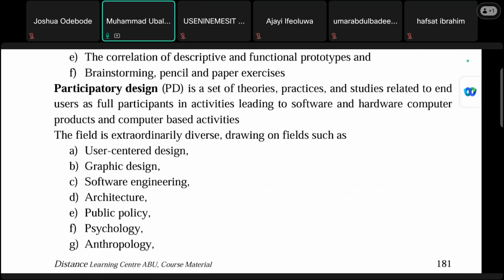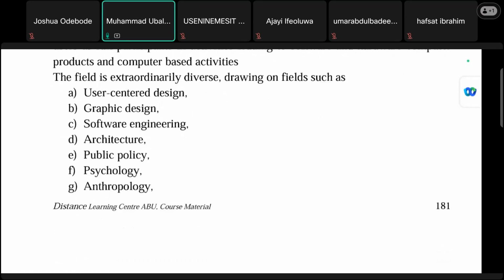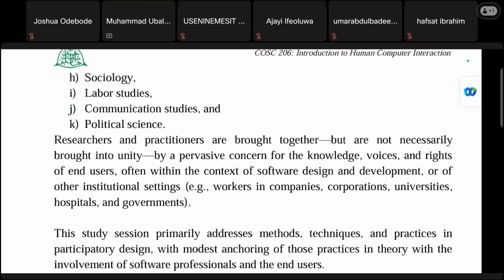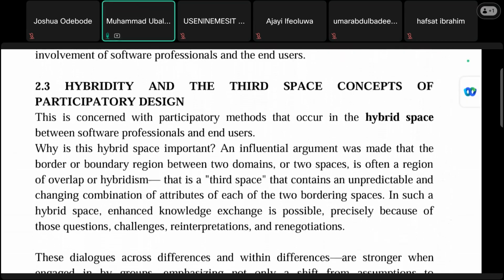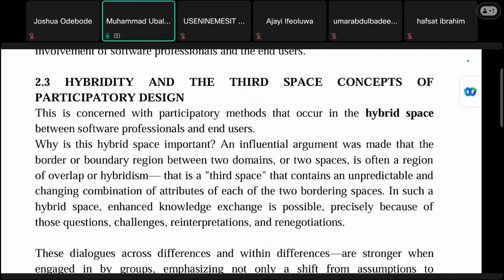Now, next is that participatory design, as we can see, is a set of theories, practices, and studies related to end users as full participants in activities leading to software and hardware computer products and computer-based activities. So there are a lot of disciplines involved. Software engineering is there, psychology is there, sociology is there, anthropology is there, design is also there. So there are a lot of fields involved in this. Now, let's move to the next concept, which is